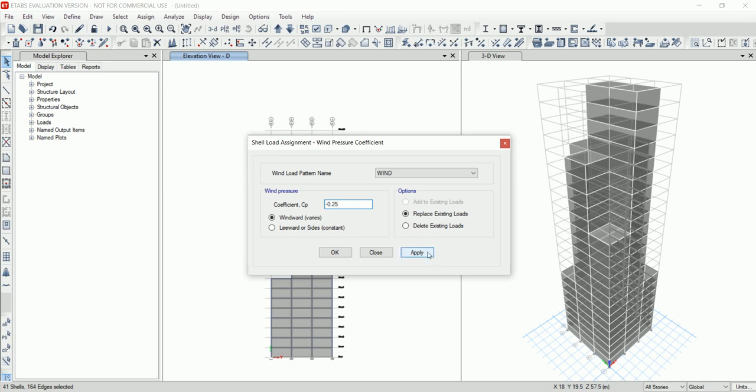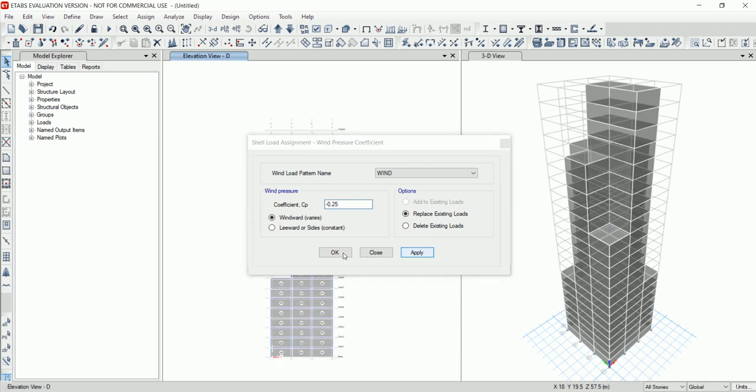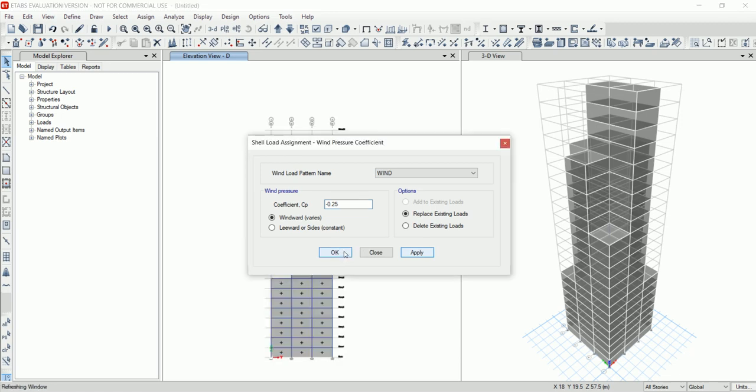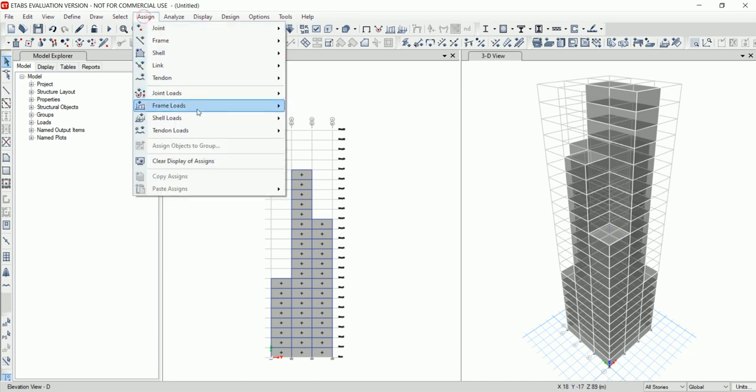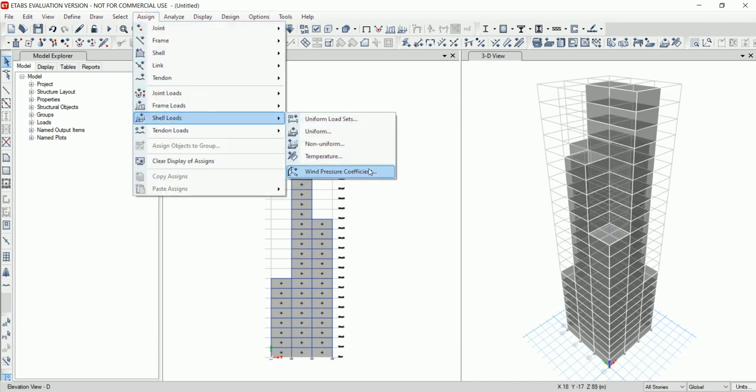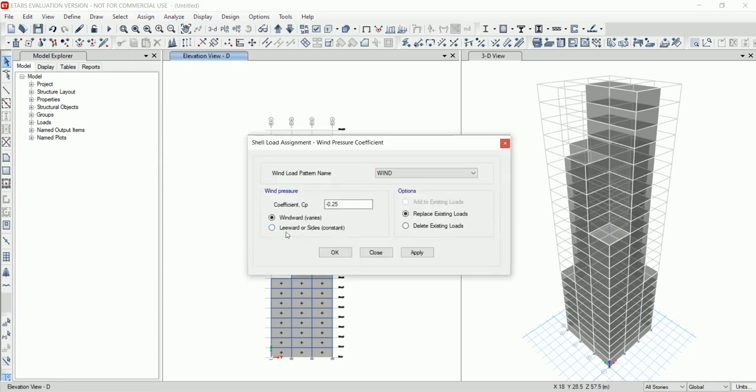Then click on apply, click on OK. One minute. Actually go to assign and make sure that we change this to lever or sides. Click on apply.